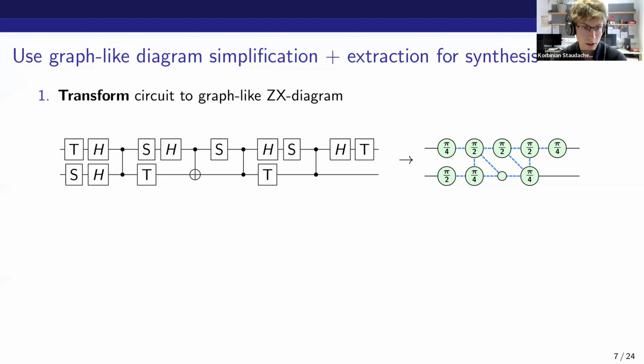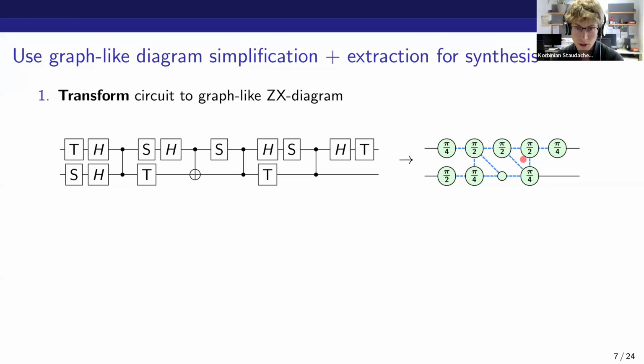This is by John, Alex, I think Simon Perdrix also, and Ross Duncan, where we take a quantum circuit and we transform it to the graph-like version in ZX calculus. So this means we have only those green spiders here, and the green spiders are only connected by a Hadamard